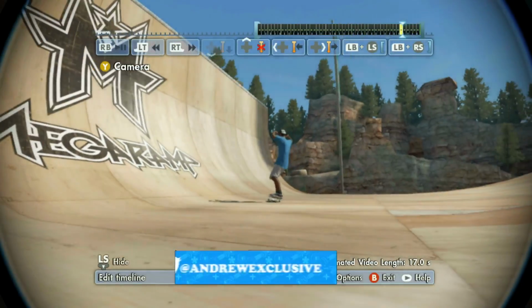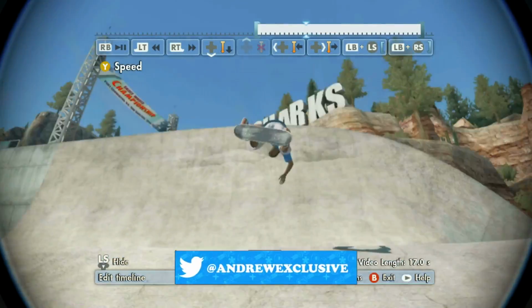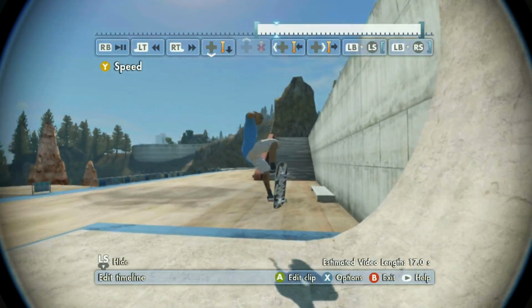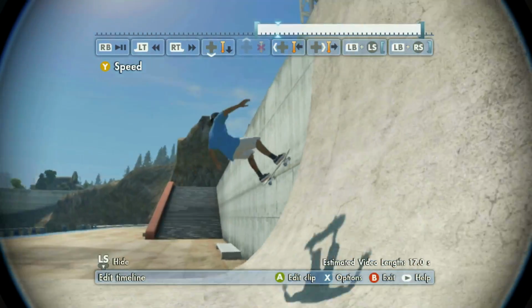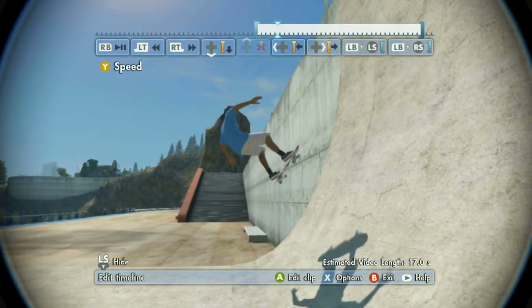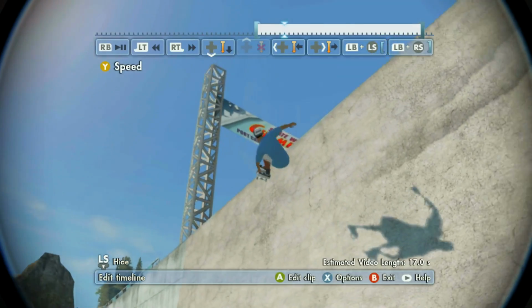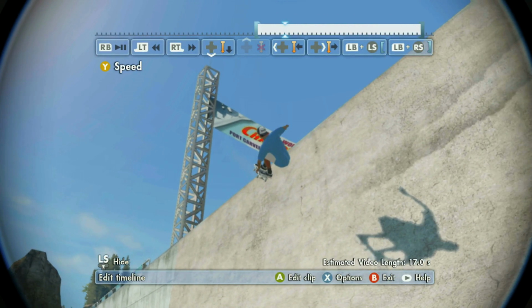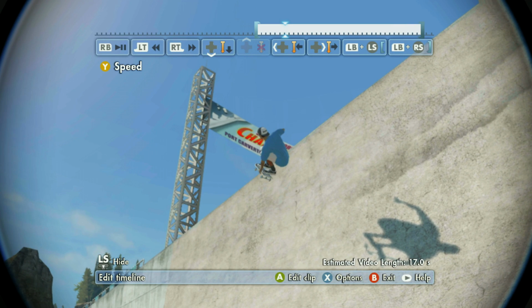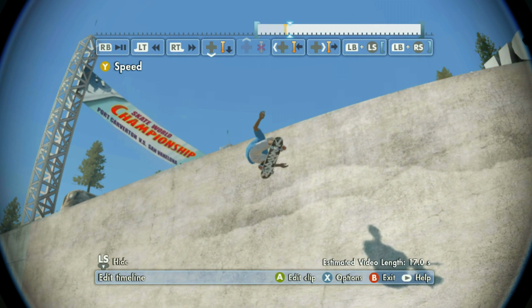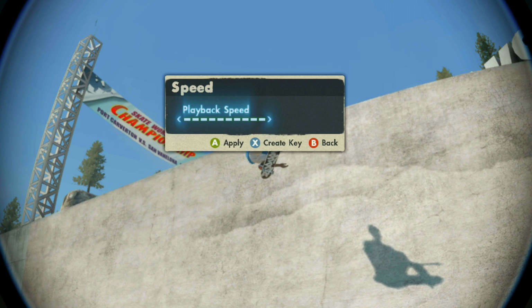I feel like we have to add some slow motion to that because I feel like that would make it look way better. So right here, I want to make sure that I'm doing slow motion on just the main part. Like I said before, just the parts that you want to emphasize in the line. For example, right here, I want to emphasize the stale because I feel like that would look really, really dope. So right when he's about to do it, I want to set a marker down using the down direction on my D-pad, and then right when he ends the stale, so I think right when he takes his hand off of it, I'm going to press A before I put another marker down for my slow motion,